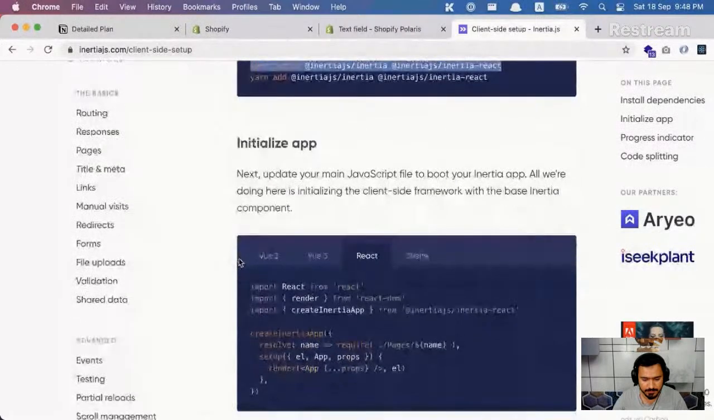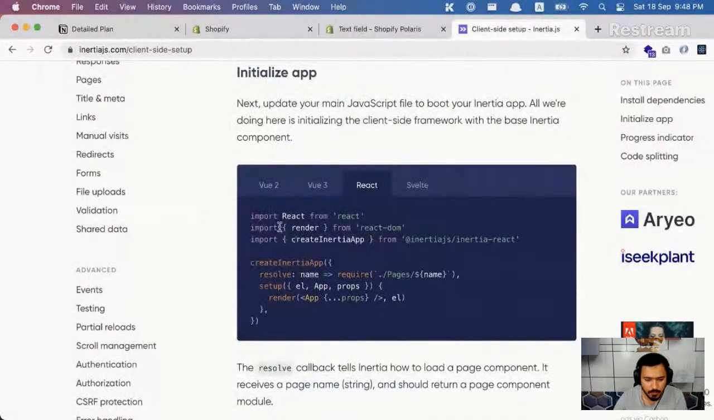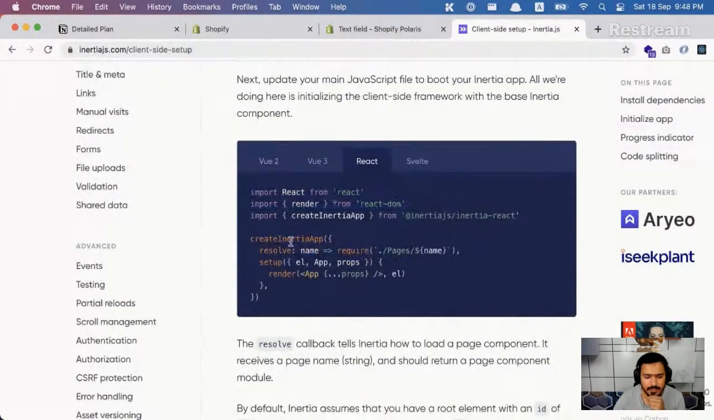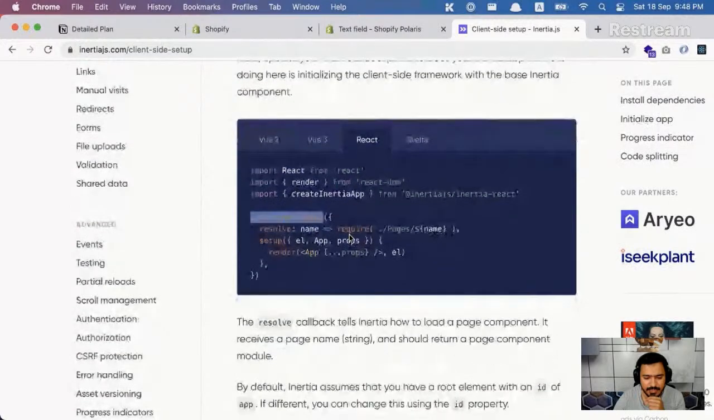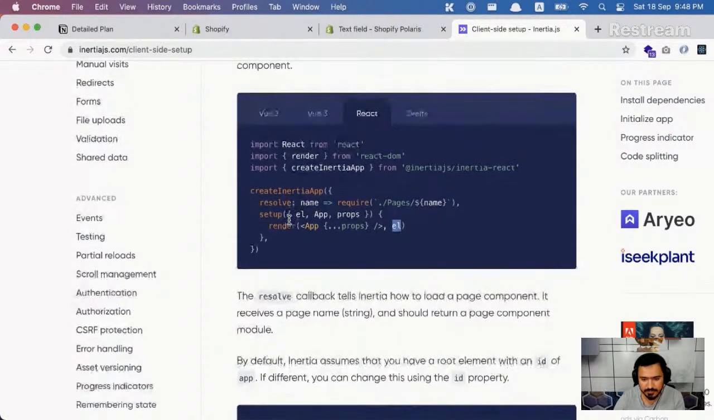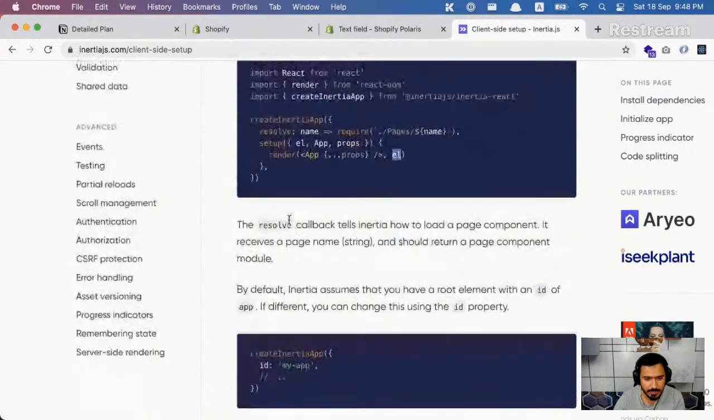Okay, while it's initializing, we can take a look at this further. So we are importing React and render from React DOM. After that, this is functionality provided by Inertia, and what it's trying to do is resolve the components inside the pages directory, which we will create in a moment, and then pass the props to the App component and the element of this. Okay, they have changed quite a lot of things since I last used it, but